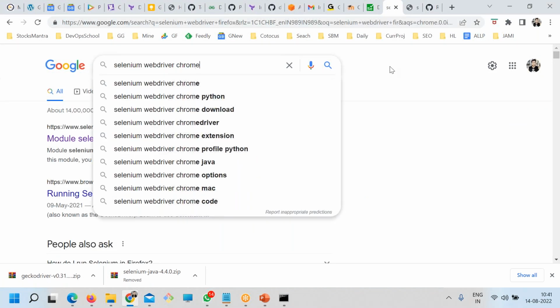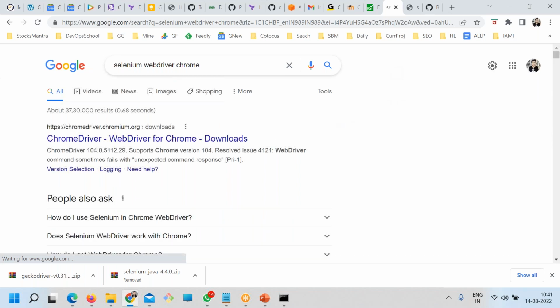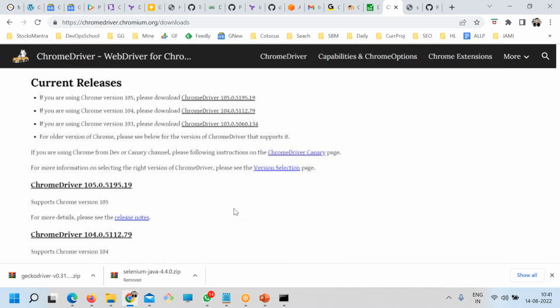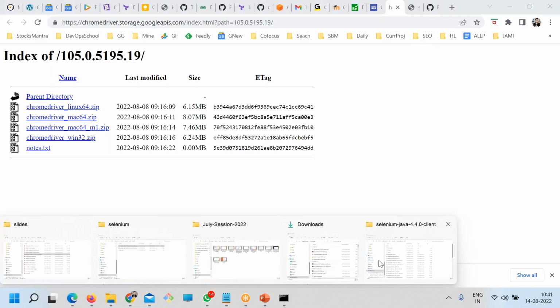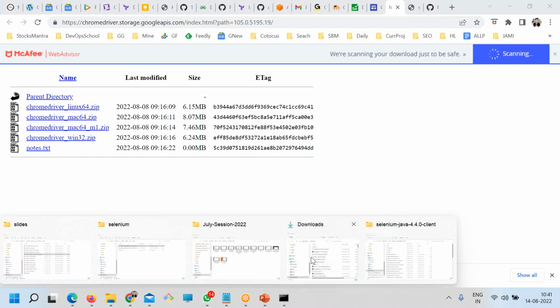Chrome also. So click here. This is the location for the Chrome, and here this is the latest version I'm downloading, and this is for Linux, Mac and Windows. So here I see Windows 64-bit, I don't see, so I think this will work. Okay, so in that case it will work. Chrome driver. So in that case I have downloaded